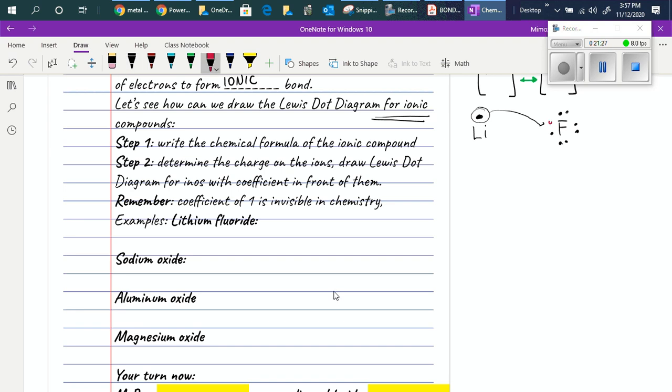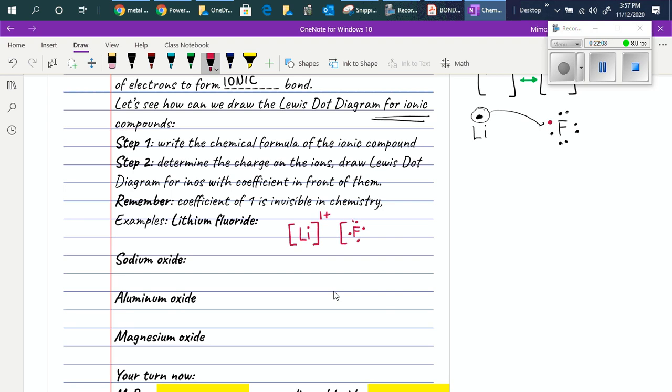And I will draw it with the red one so that it's completed. So now, in terms of lithium fluoride as the Lewis dot diagram, we will have lithium that has an empty valence shell, and by doing so, lithium is becoming positively charged, so 1 plus, and then fluorine is receiving that electron, completing the outer shell with 8 electrons, because that is known as the octet